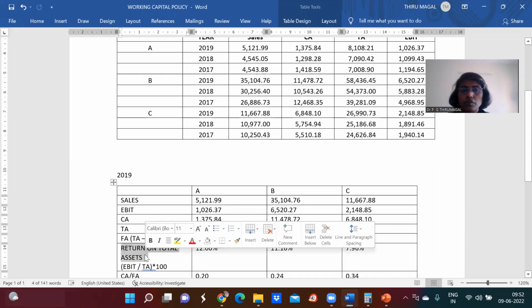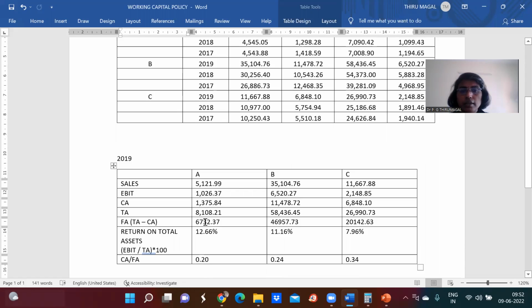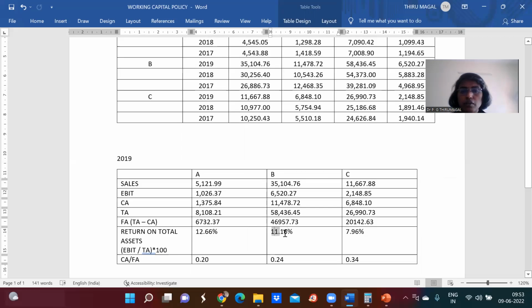Return on total assets, if you want to calculate, the formula is EBIT by total assets into 100. So for company A, EBIT is 1026.37 divided by the total assets 8108.21. So divide these two first, multiply with 100, you will be getting 12.66. Similarly, for company B, EBIT is 6520.27 divided by total assets 58436.45, multiply with 100, you will be getting. Similarly, for company C, you will be getting